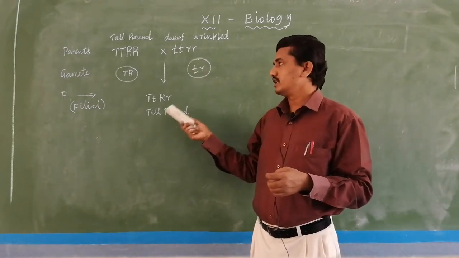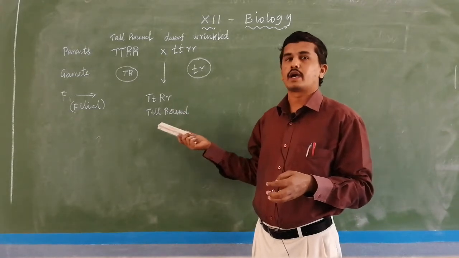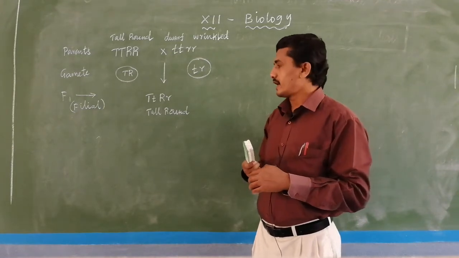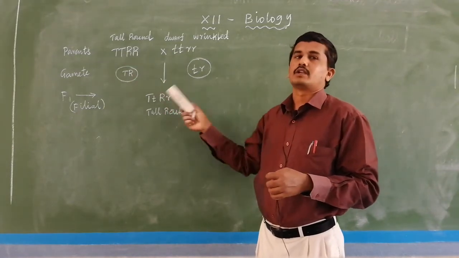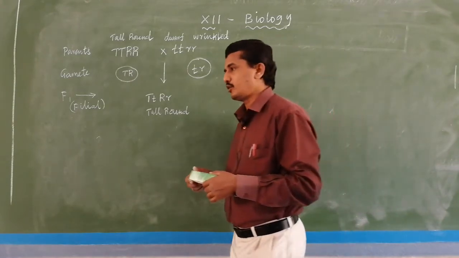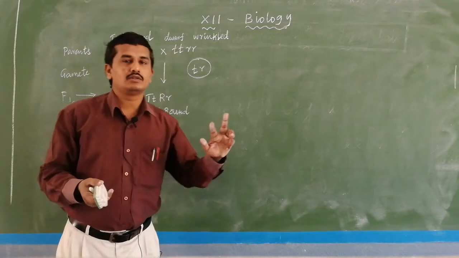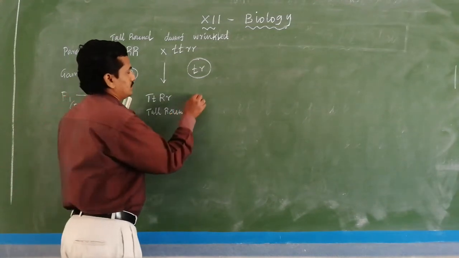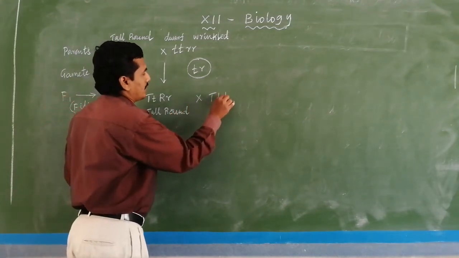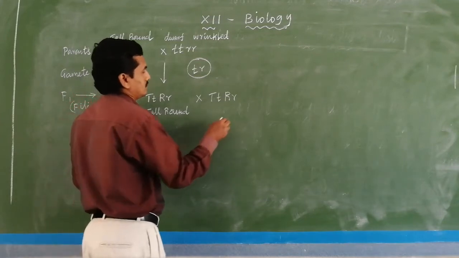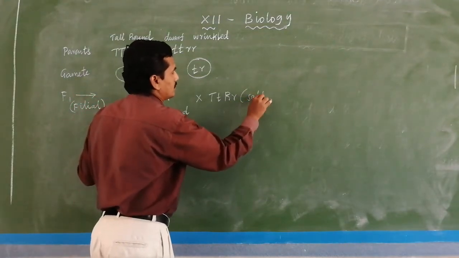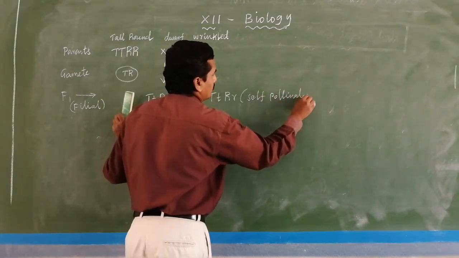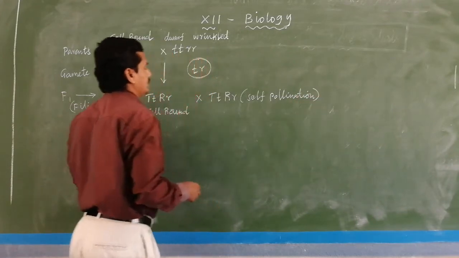In this class, the dihybrid class, not monohybrid, we take two characters for the cross. In the dihybrid cross, F1 is the same as in the monohybrid cross, where tall and round is expressed. Actually, the dihybrid cross is nothing but a combination of two monohybrid crosses. The same flower is self-pollinated, with capital R, small r. This is self-pollination. For identification of the F2 generation, we follow self-pollination.